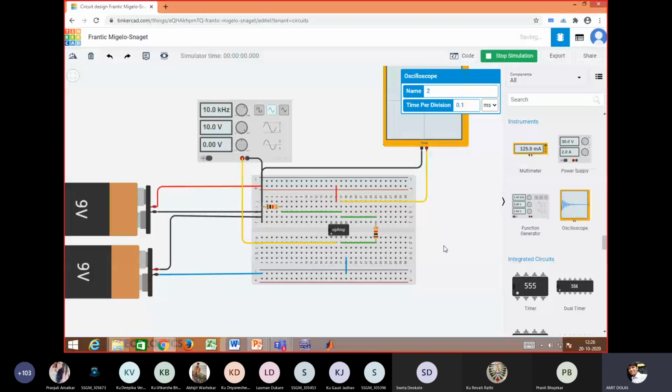So this is how we can connect the circuitry. We'll check the output.